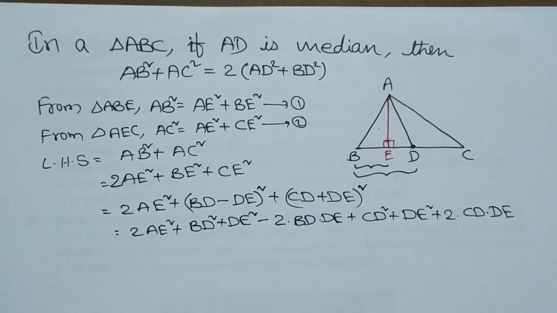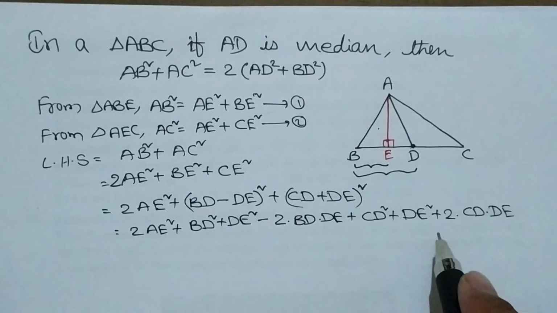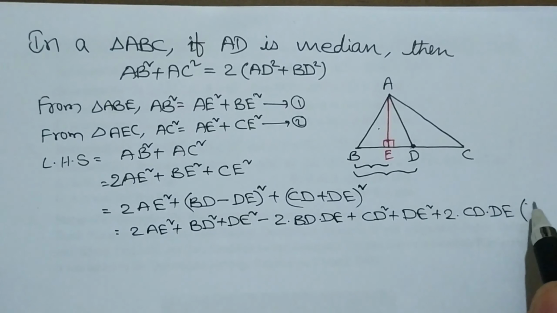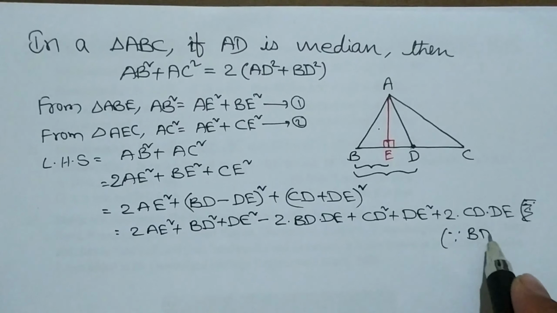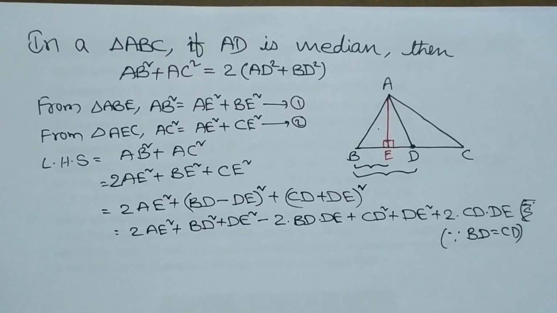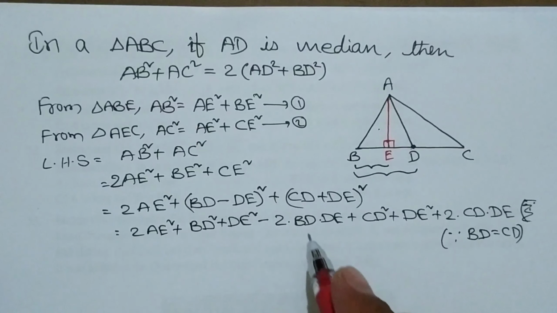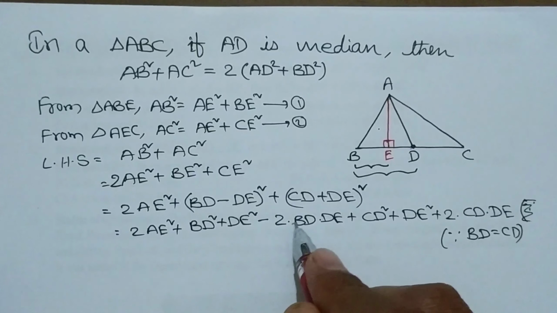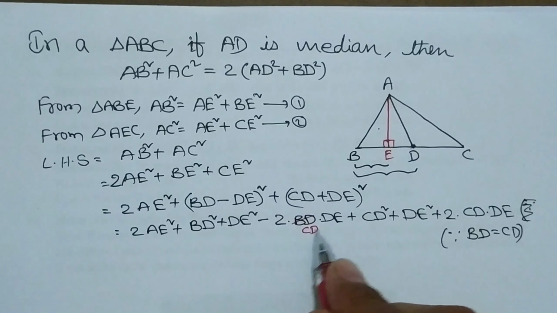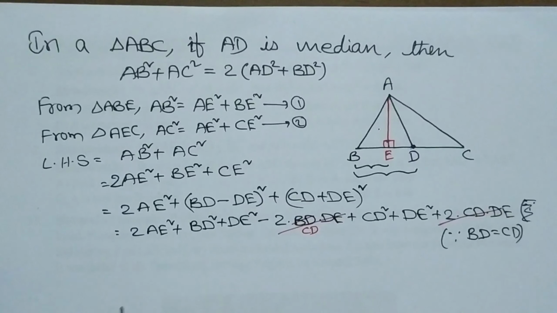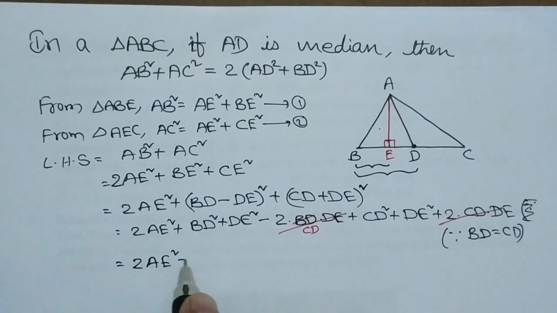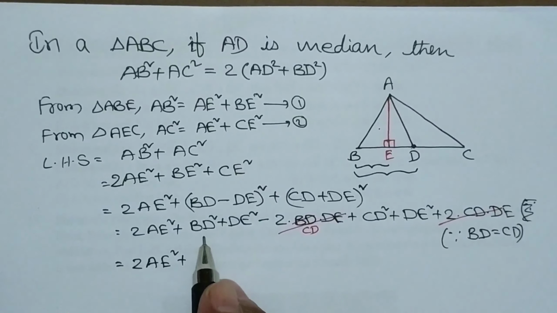Since AD is the median, D is the midpoint, so in place of BD we can write CD. BD and CD both are equal since D is the midpoint. Under that condition, this BD can be written as CD, then this is 2CD DE, 2CD DE, and they both get cancelled. Right. Now let us write the remaining terms: 2 times AE square plus BD square plus CD